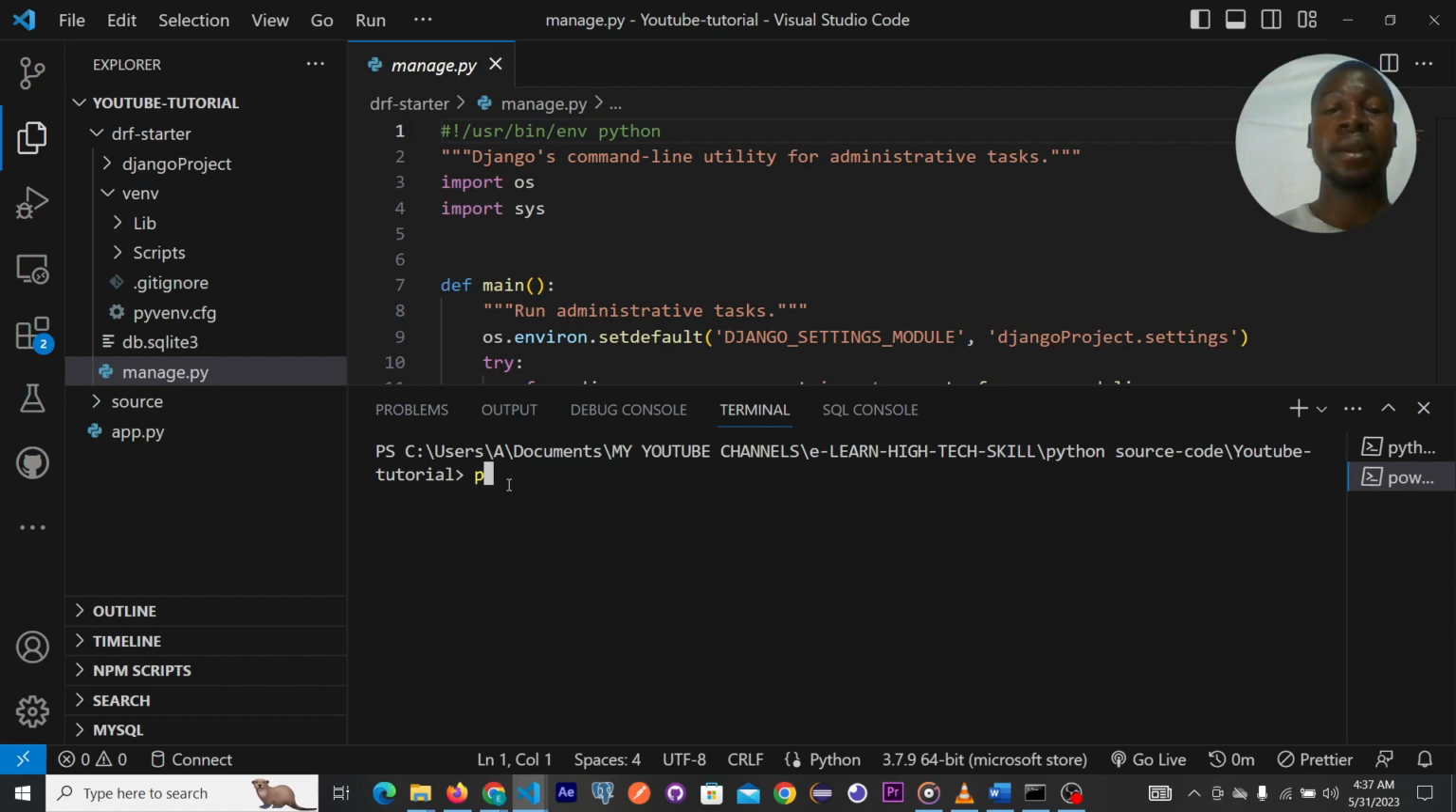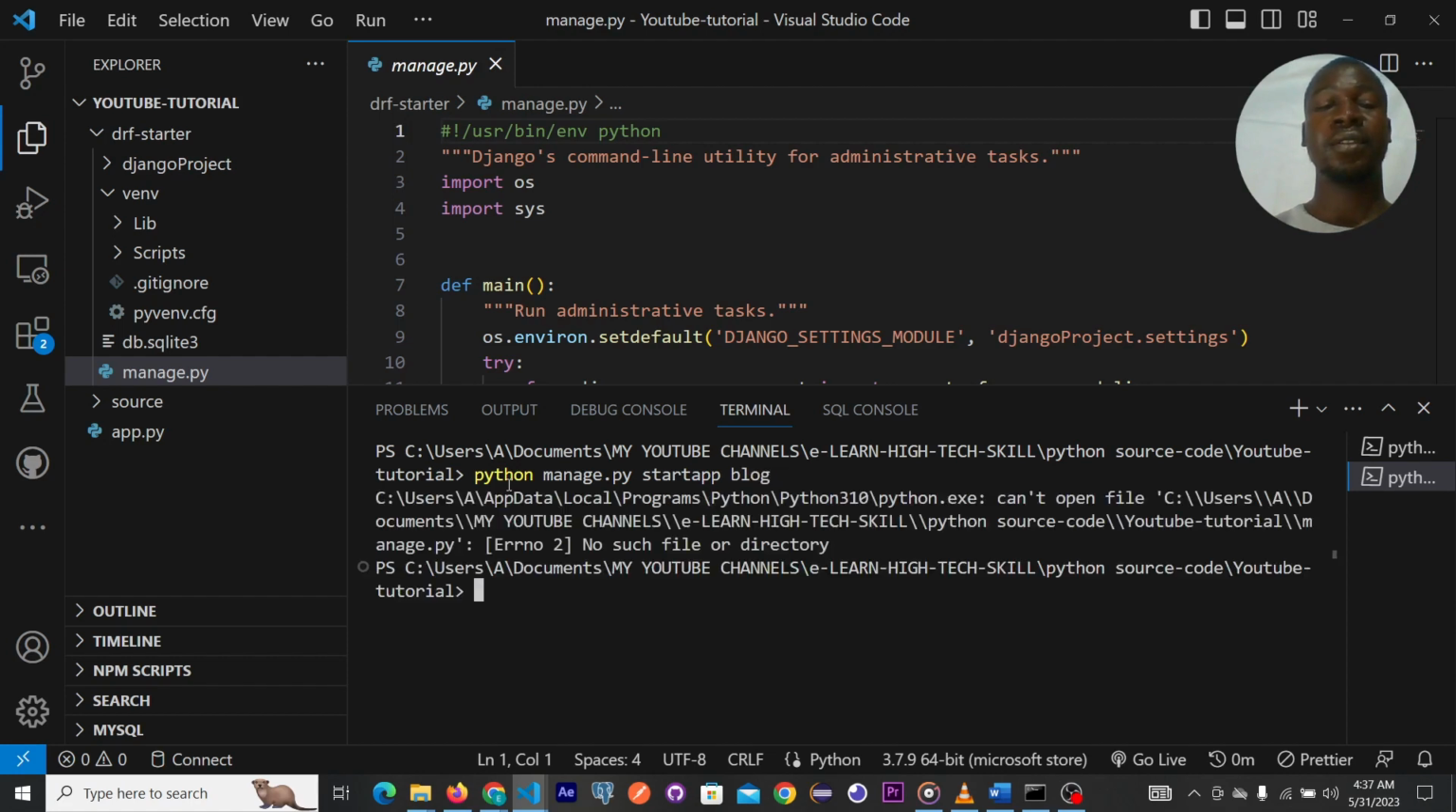So I'm going to say python manage.py startapp. Then I'm going to give it a name. So let's call it blog. So if I press enter now,